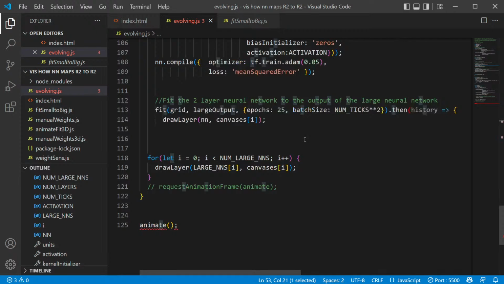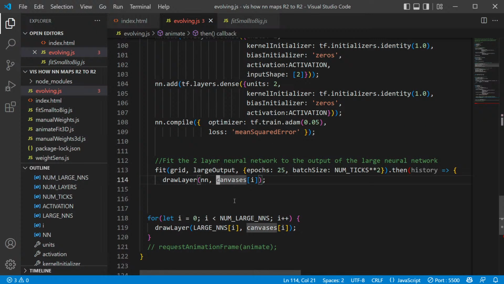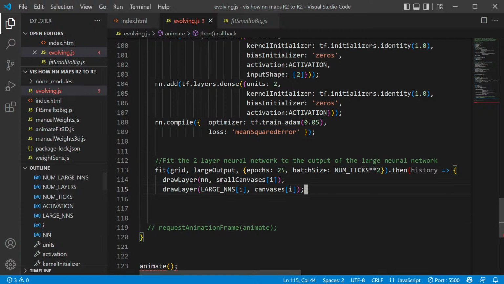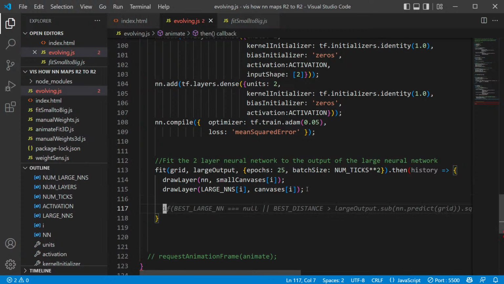And then this thing is saying, hey, let's draw the output of a small canvas. I'm like, okay. You could draw the large one too, I guess. Sure, if that's what Copilot wants to do, that's what we'll do. But you didn't do any of the evolution stuff. Okay, so you need to say,